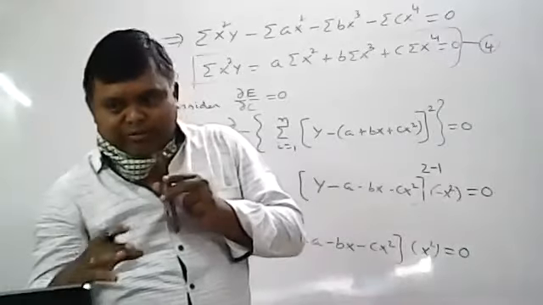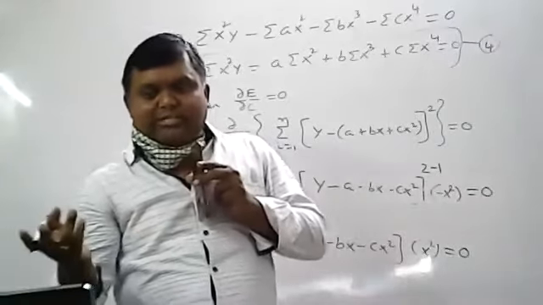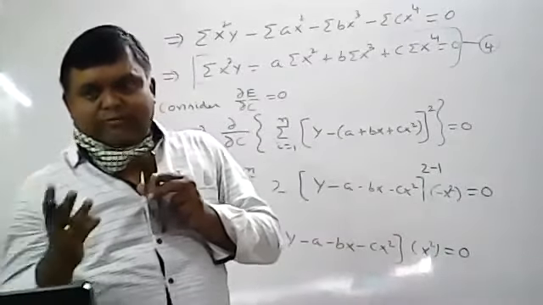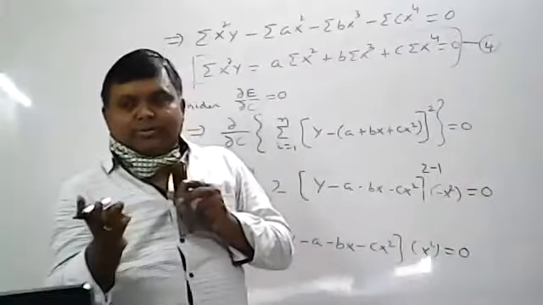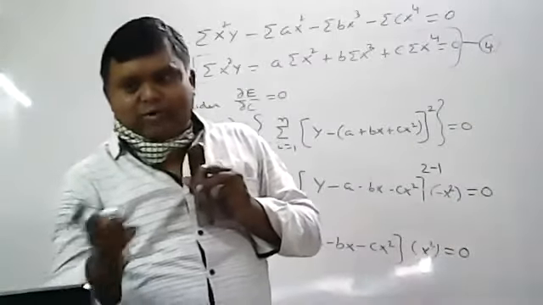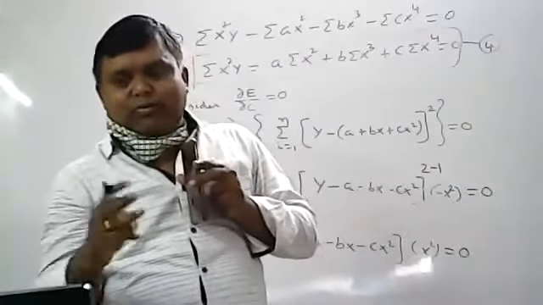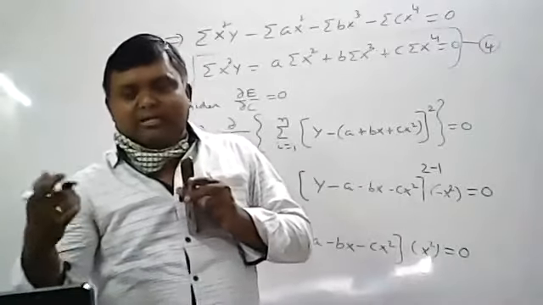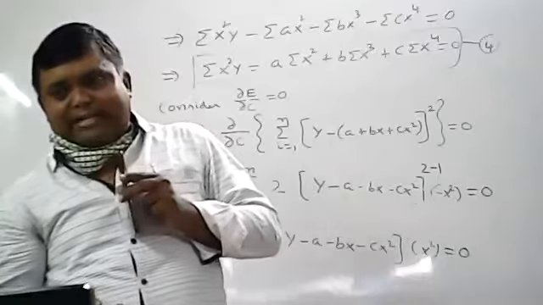1, 2, or 2, 3, your wish. If you solve, you will get 2 more equations. If you solve those equations, you will get the A value, B value, and C value. So if you have 3 equations, you can solve 1, 2, or 1, 3, otherwise 1, 2, 2, 3. So then you will get 2 more equations. After solving the equations, you will get the constant values A, B, and C.